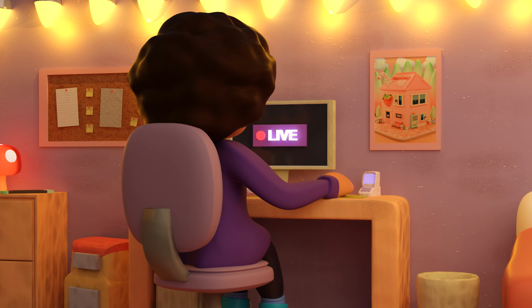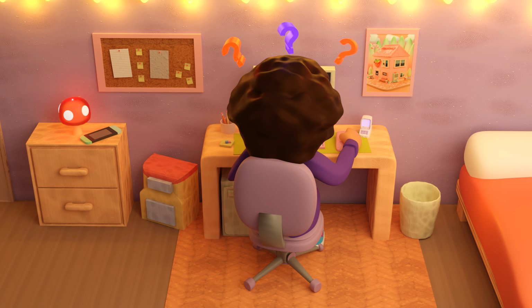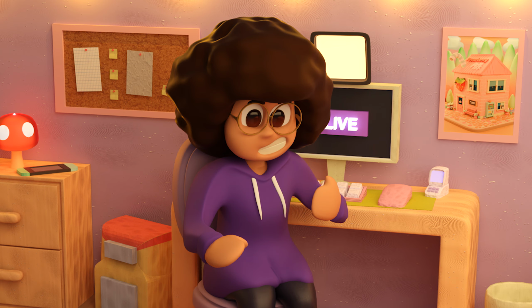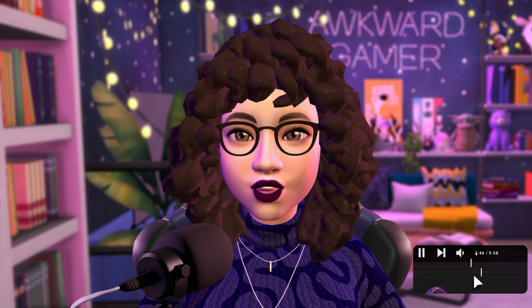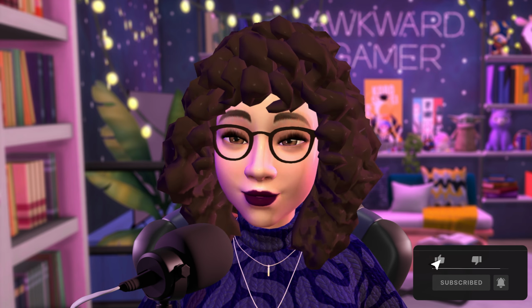Want to try and go live or record a video, but you don't want to show your face? You've thought about VTubing, but it seems overly complicated, or you just don't have all of the tools needed to do it, like an iPhone or really good lighting. PNG tubing is a really easy way to get started in the content space, no matter what content you want